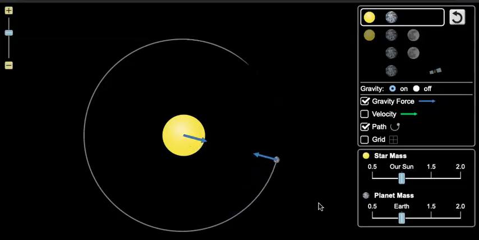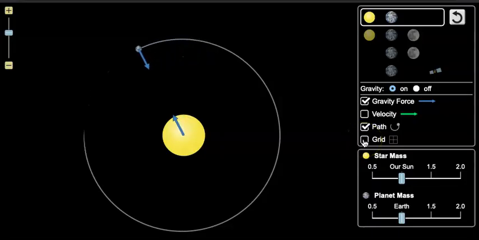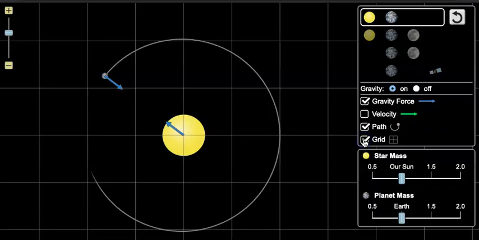This is a radial force. Since it is a force like any other force, and forces are vectors, we can impose a grid on this and add forces together. We could have